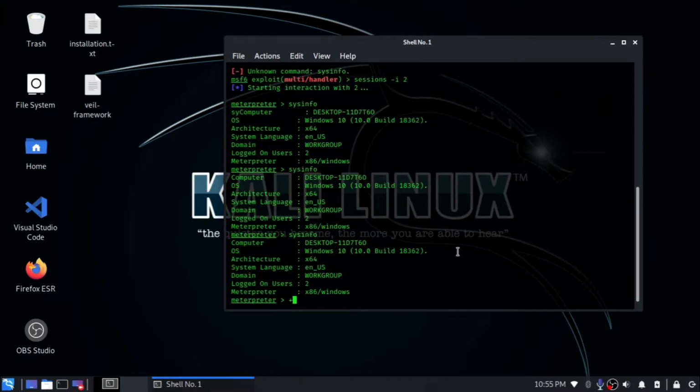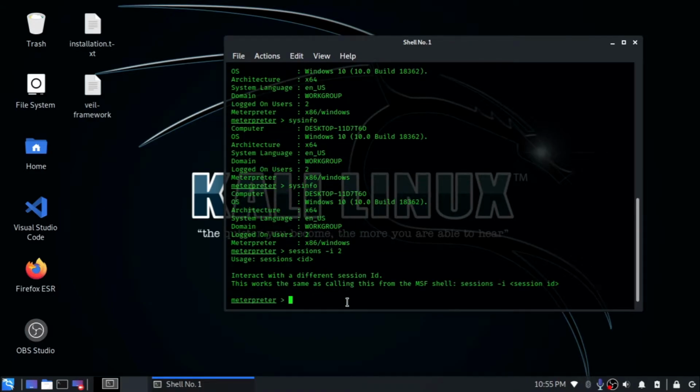To get the session back, we just need to type the session number. So the command will be sessions -i 2. This says that sessions is a command and -i is an option which stands for ID, and the session number is 2. This command will open session number 2 for us.